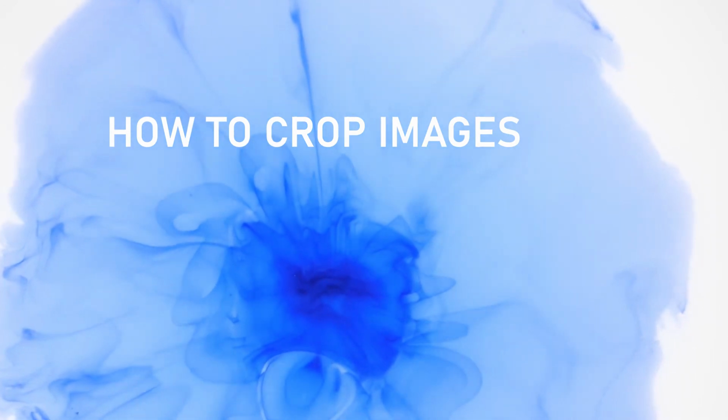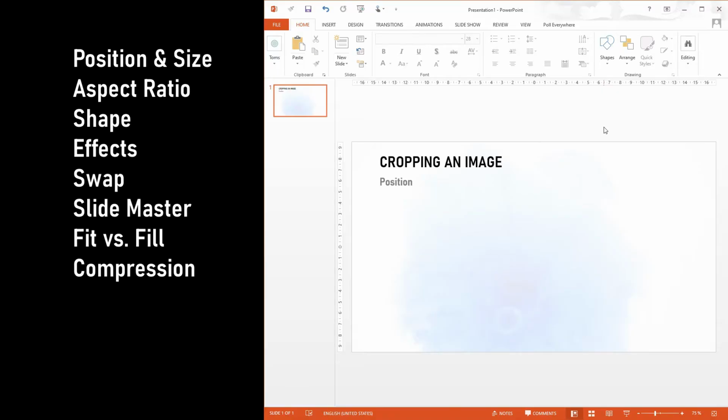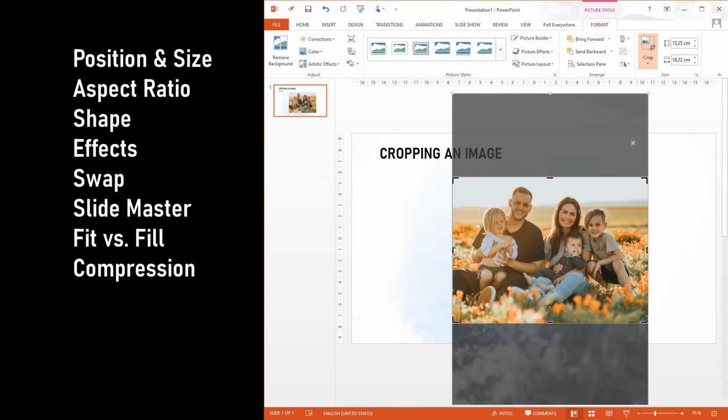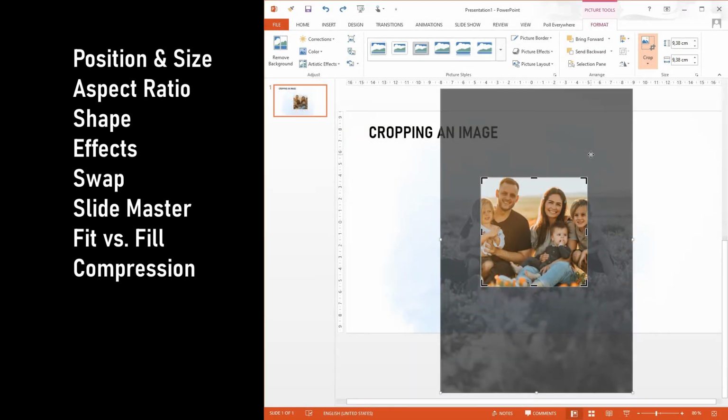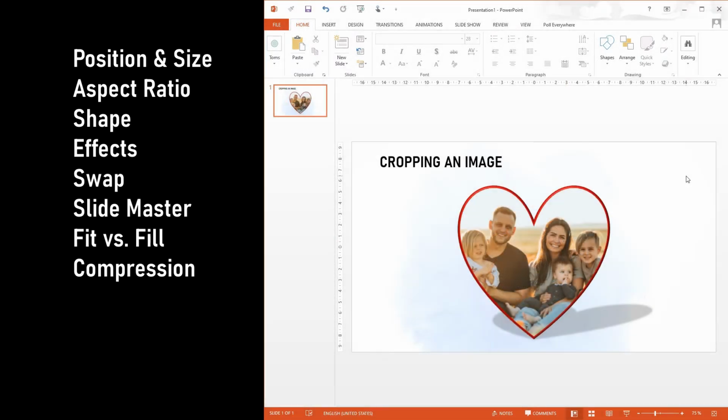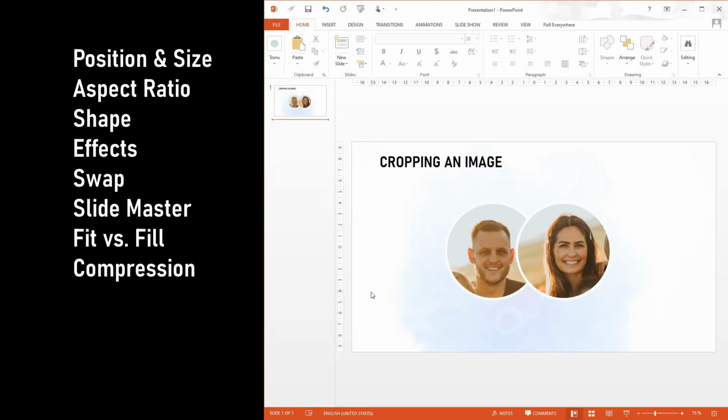In this episode I'm gonna show you how to crop an image if it is too big for your slide deck, how to position it within the cropped mask, how to scale and apply proper aspect ratios, how you can change the shape of the crop, for example to a heart shape or any other shape, and then how you can apply effects like borders and shadows, how you can swap one image for another, and last but not least